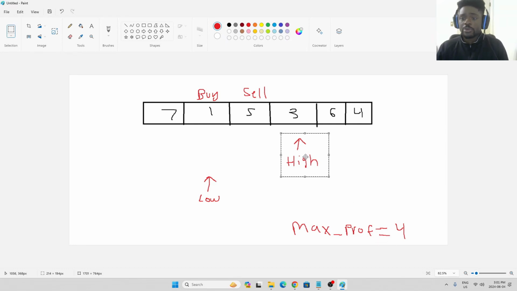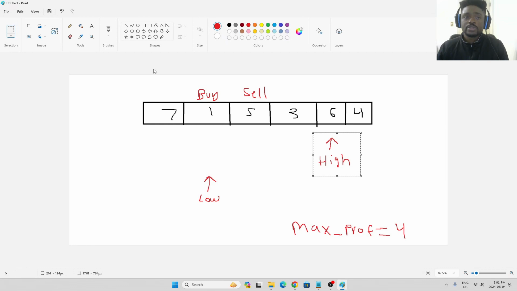And if we shift our high pointer again, we see that 6 is still greater than 1, so this is a valid shift. And when we do the shift, the profit attained from doing this shift is going to be 5, because 6 minus 1 is 5, and that actually forces us to update our max profit value to be 5. So now our global maximum profit is 5, and we do one more shift here,